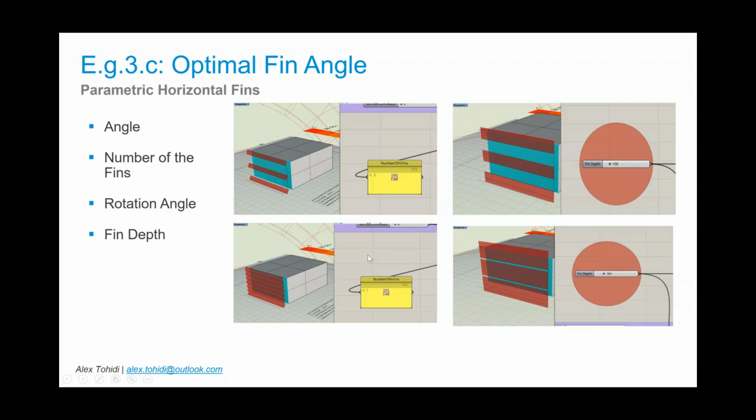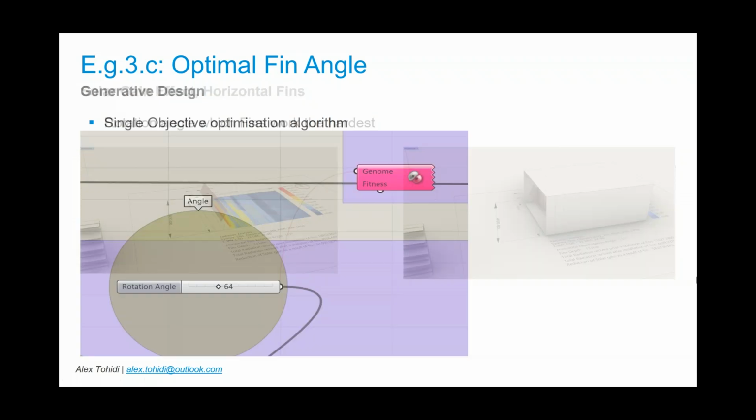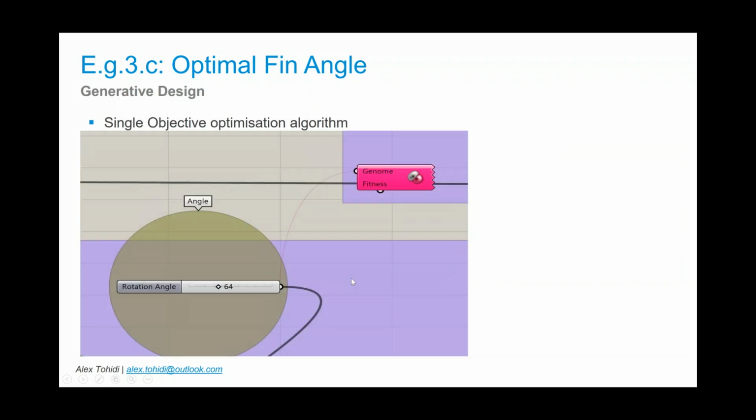So this is just a parametric definition of the space, which can be done in Dynamo as well. Then we calculate the total solar gain of the space and run the analysis there. Why is this included in generative design? Because there is another option. Well, it's not a plugin. Essentially, there is a node in Grasshopper called Galapagos, and what it does is